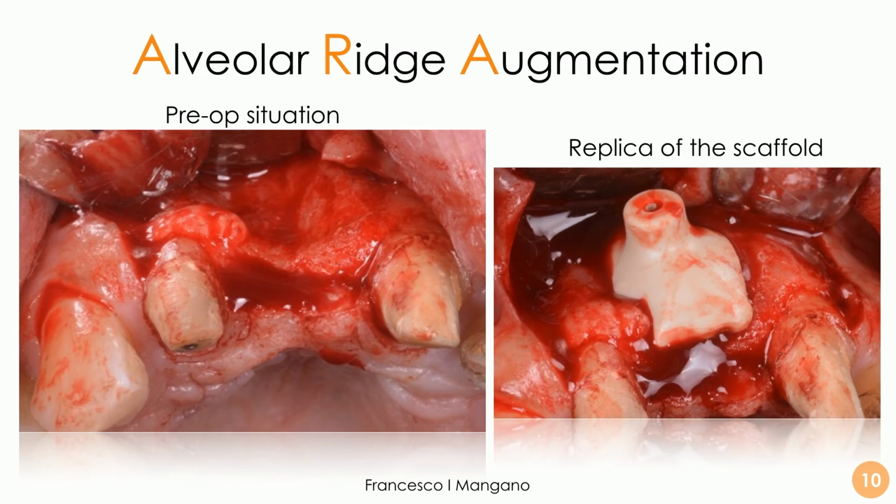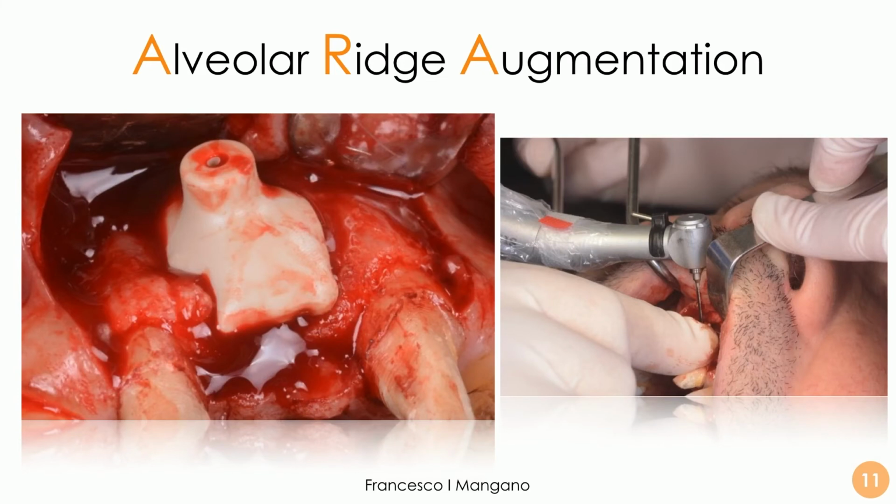We opted for an onlay scaffold. We use this replica of the scaffold to check the adaptation that is perfect, and also to prepare the hole for the fixation screw. That is key, because fixation is key if we want to have bone regeneration, as well as angiogenesis. So the perfusion of the scaffold is also key. We need blood to go into the porosity of the scaffold in order to let the scaffold integrate along 6 to 8 months. As you can see, this is a very nice replica because it can help us to handle the soft tissue. It can help us to prepare also with specific drills and with specific fixation screws